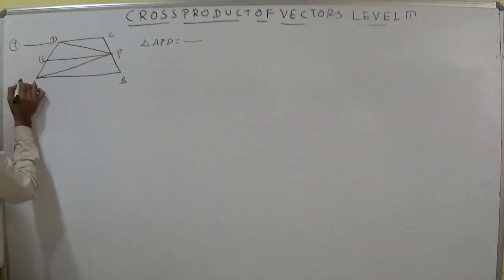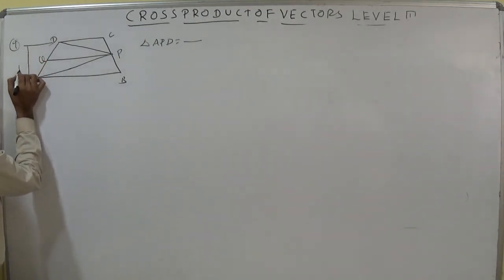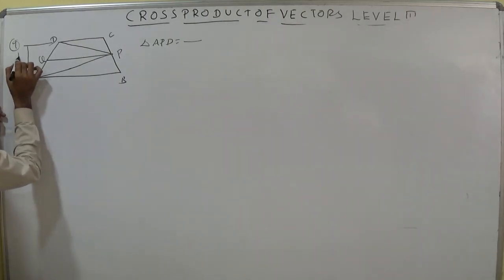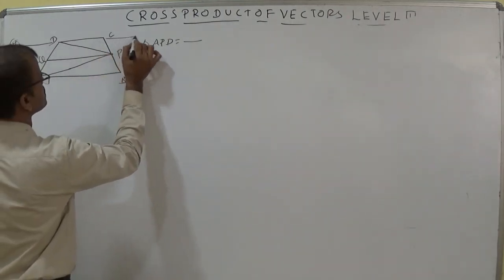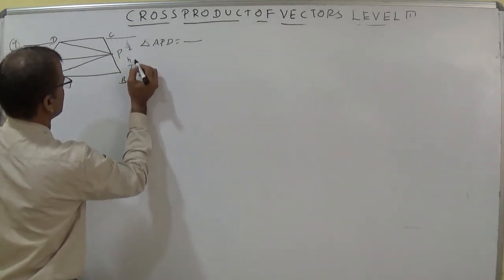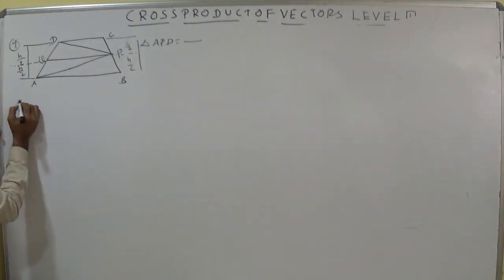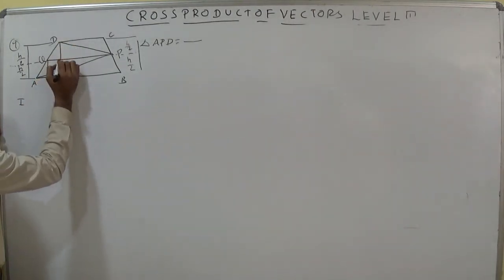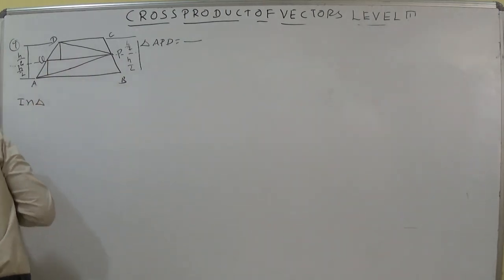Students, let us discuss this. This whole is H. Whenever a midpoint is there, the distances are H by 2 and H by 2. Here also you can say this is H by 2. H means height, the height of the triangle I am discussing. Total distance is H. For the triangle, let us discuss.